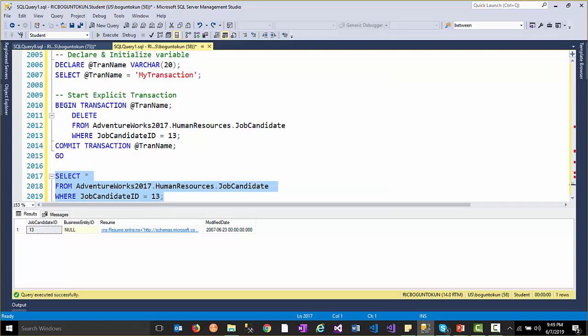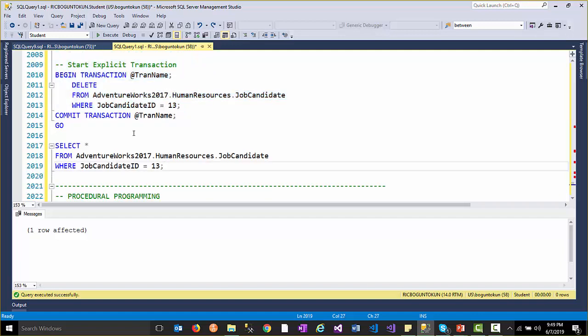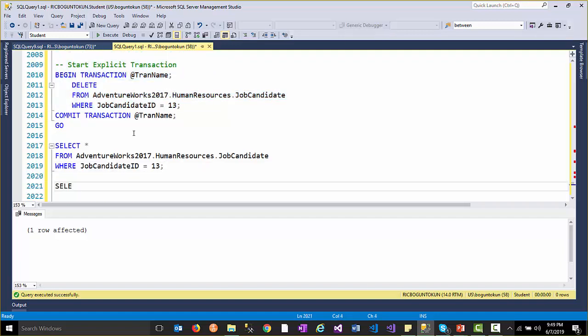So we are going to declare, it's going to be a named transaction. So we will declare this transaction. Okay, and I'm going to run this up to the where. I'm not going to commit it yet. Okay, so let me run it up to here, and we see that one row affected, but because I did not commit or roll back, at this point, if we check the value of @@TRANCOUNT,